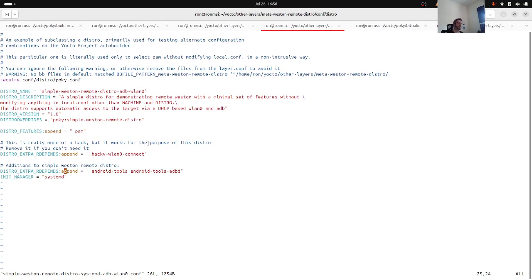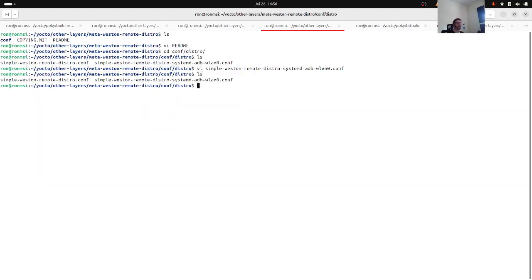Now pay attention, the moment you do that, if it's like your first systemd related build, a lot of packages will be built, so it will take a while. I already done it, and the objective of the video is to be short. So let me just go to the recipes themselves. I'll show you what changed, and there are several things from my Yocto Project course that actually show